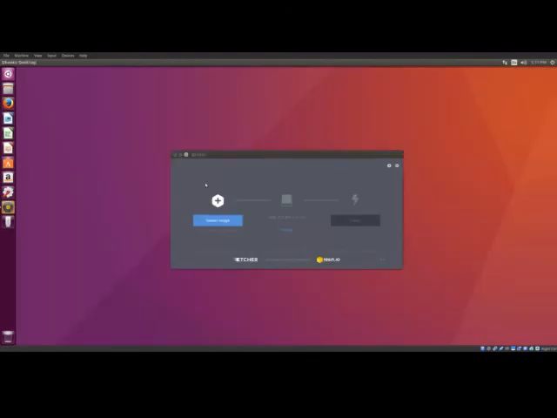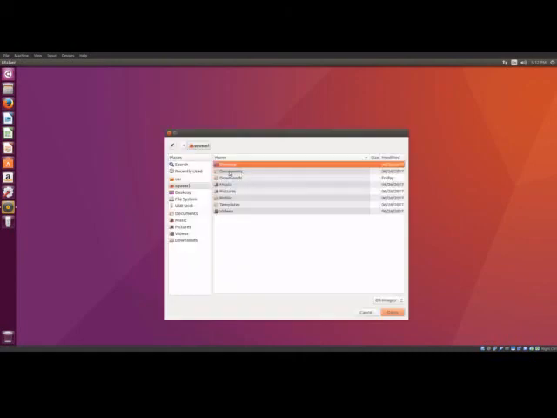Okay, this is Etcher. You can put any sort of image on a USB flash drive. You can use it on Windows, Mac, or Linux. I will put a link down in the show notes along with the link to the download for Ubuntu. Anyways, you click on select image, go to wherever you downloaded the image,